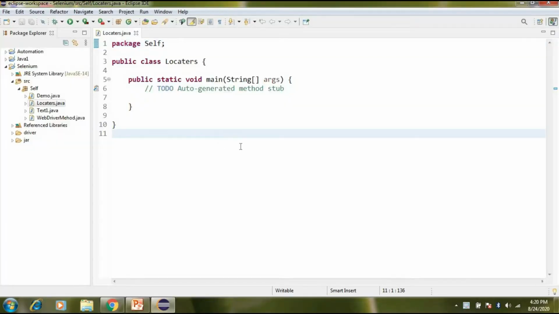I created one class with the main method. Class name is Locators. So first I create a static block.